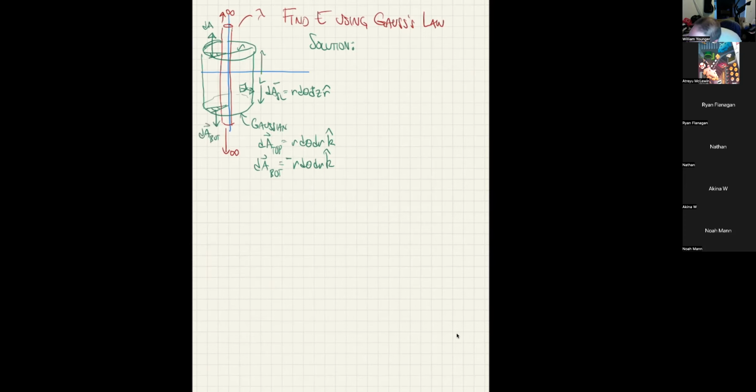That makes sense? So my hypothesis is that E is equal to E of R in the R hat direction. This is E of R of the cylindrical coordinates, not E of R of the spherical coordinates, so it's different, all right? So then the left-hand side of Gauss's law is the closed integral of E dot dA